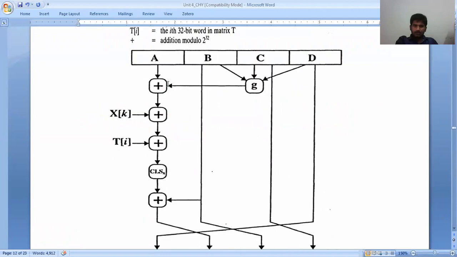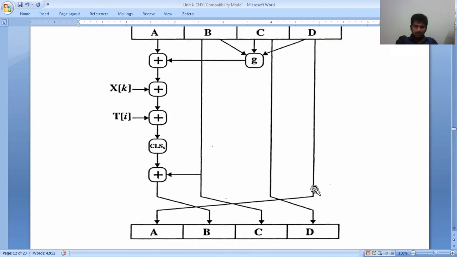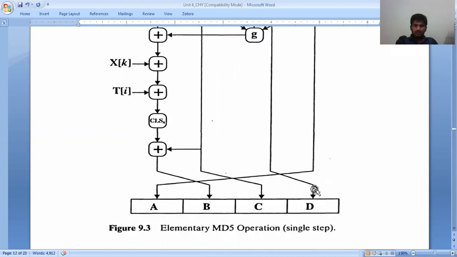So A we are going to have, then these remaining B, C, D we are going to add G, and we are going to perform the operation. Some E is going to happen. Then we are going to do some filtering of the bits. Finally we are going to do decryption. That is an elementary message digest operation from a single step. How can we perform a single step? If A, B, C, D are the words of any input data, how is it done, and how is it performed back?